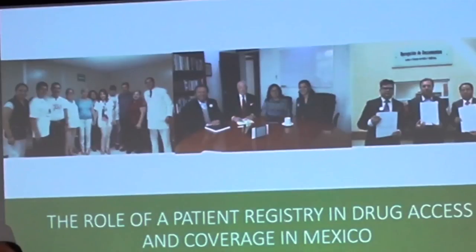The picture you see on the right, I'm with a couple of congressmen, and I submitted a citizen initiative to the government in order to have a cancer register in my home state of Nuevo León. We don't have a cancer registry. We don't know how many patients we have, where are they, and how are they doing in their health. So, talking about big data and patient registries,